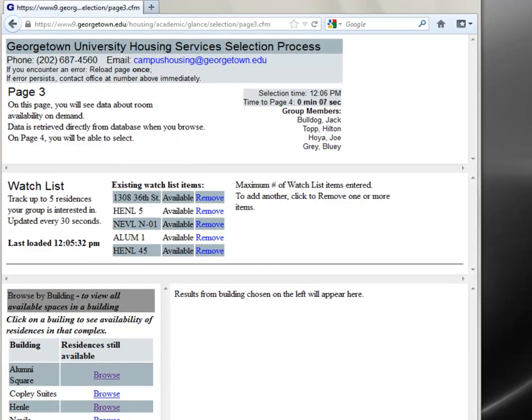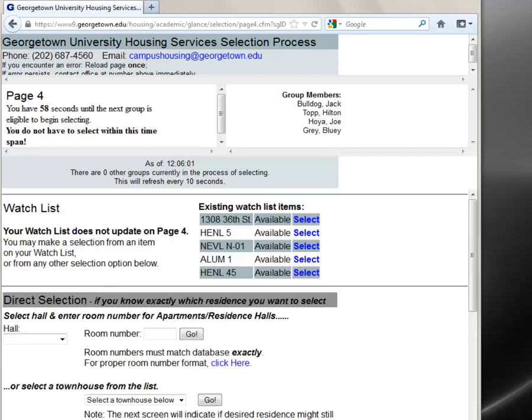We are now on page 3 as it is about to transfer to page 4. As with the other pages, the transfer is automatic. When the countdown timer hits 0, you will find yourself transferred to page 4. The first thing that you'll notice when page 4 loads is the timer counting down from 60 seconds in the